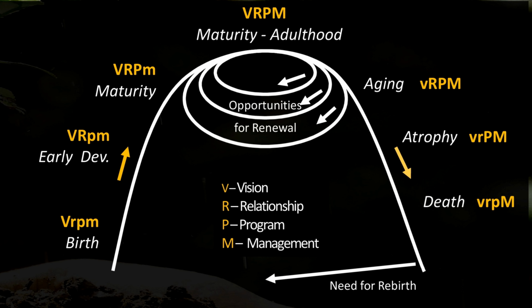However, the decline of the organization occurs if we focus on our past successes and fail to recast new vision. See, when vision starts to go, most people in the church or organization do not really recognize the decline at that point. Things are still humming along pretty good. We're living off all the great successes of the past.